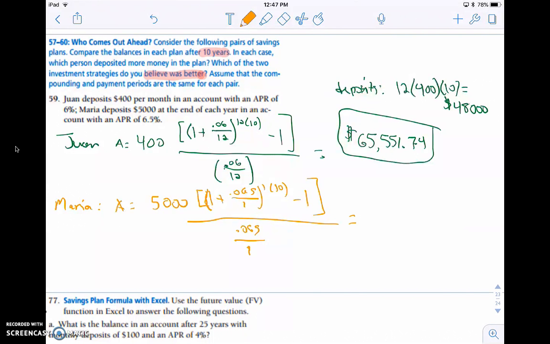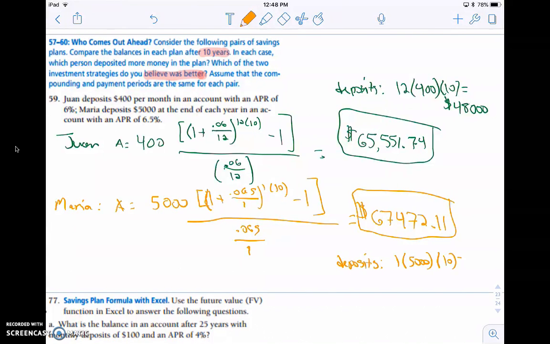So when we do out the numbers here, we get $67,472.11. And the deposits, so the amount of money that Maria actually deposited, she did 1 deposit per year, $5,000 for 10 years, so $50,000. So now you can compare how much each individual paid or made in interest, and